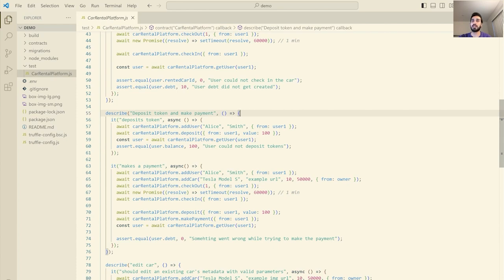What we do is, again, we change something in our contract and we retrieve the user or the car to see if we were able to make this change or not. And between each function, or before each function runs, we reset so that we can have a clean test, and